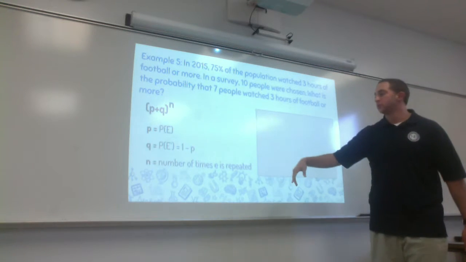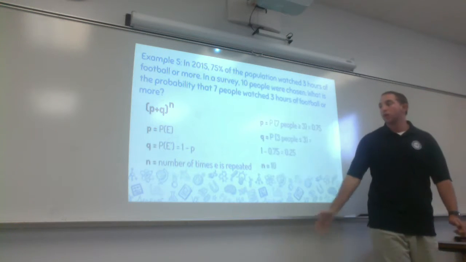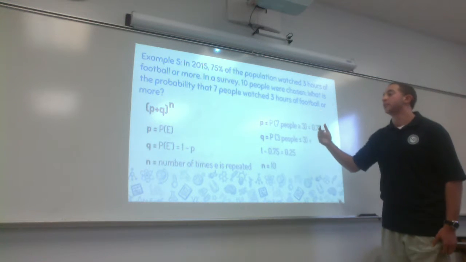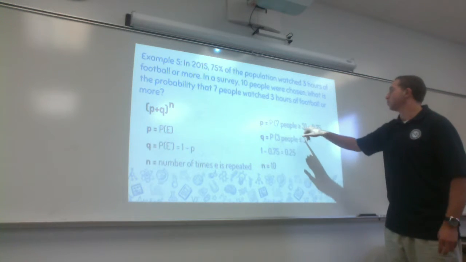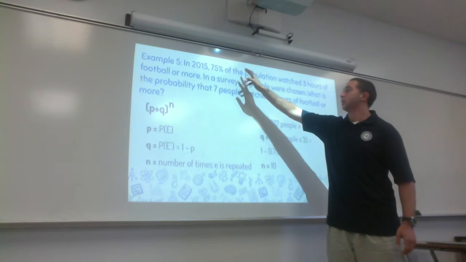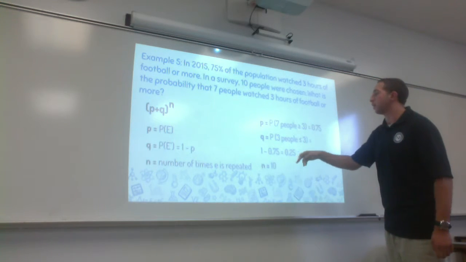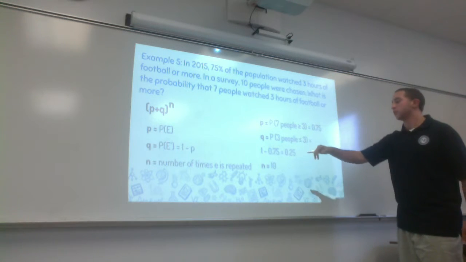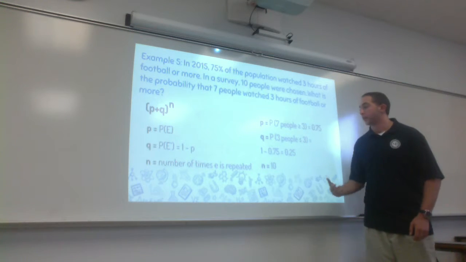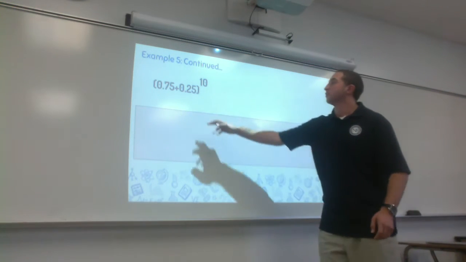So we go back to our equation. We put that next to it so we can understand what we're looking at here, and we start to interpret the problem. Our P plus Q is going to end up being 0.75 plus 0.25, raised to the 10. P, the probability that someone watched 3 hours or more of football, is 0.75 because the percentage of people that did watch football is 75%. Then you take the complement, so you do 1 minus 0.75, or 100 minus 75%, and you get 0.25 or 25%. And since there were 10 people chosen, the number of times that the event is repeated is 10. So then you go to solve, and like I was saying, it's going to be 0.75 plus 0.25